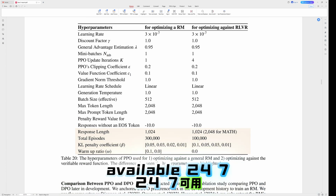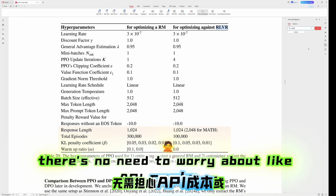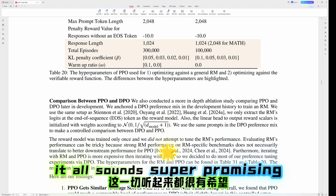Yeah. Available 24/7. And because it's open source, there's no need to worry about API costs or usage limits or any of that stuff. Nope. Download it, play with it, fine-tune it to your needs. It all sounds super promising,